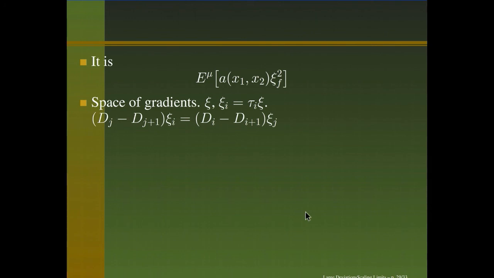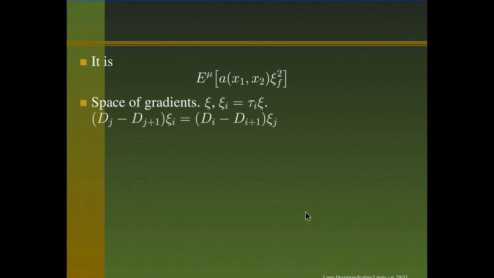For example, you can compute d by dxi minus d by dxi plus 1 from d by dx1 minus d by dx2 by just shifting, because the original function S was translation invariant, so all the derivatives will be covariant. So the derivative with respect to xi plus 1 can be obtained by shifting the derivative with respect to x1. So dx1 minus dx2 generates all the others.